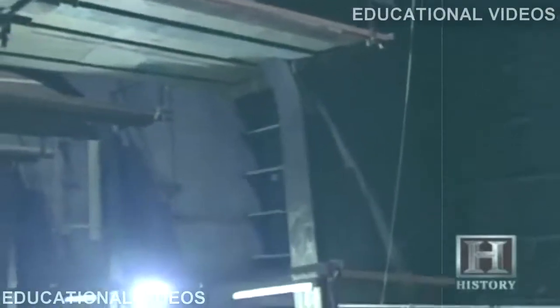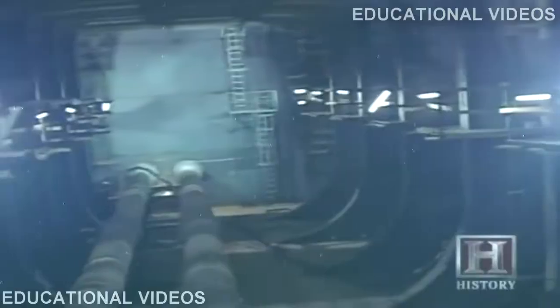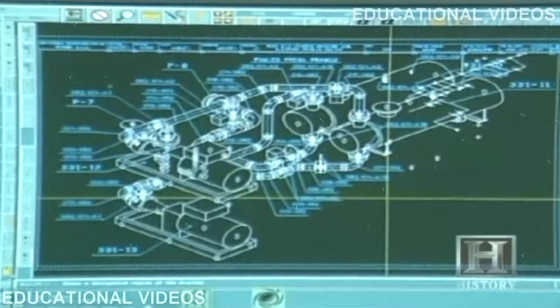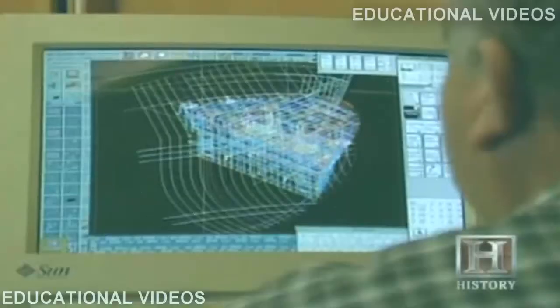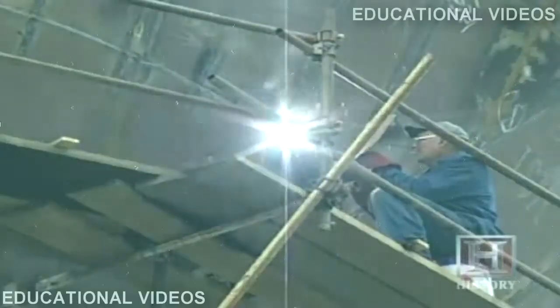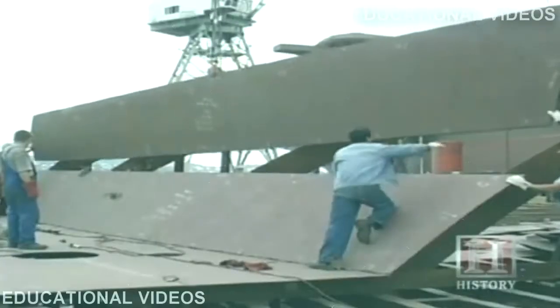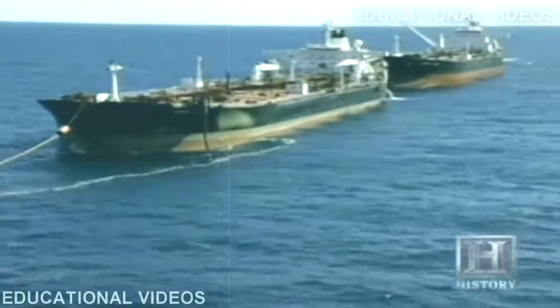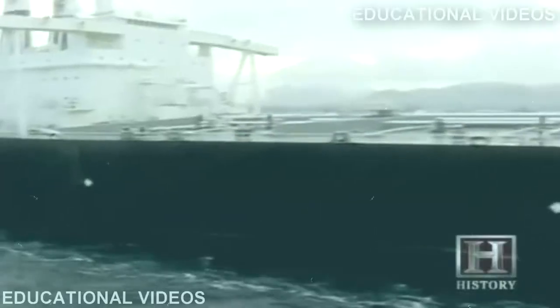However, BP isn't the only company that is undergoing a massive rebuilding of its tanker fleet. New legislation has brought about the highest level of tanker construction since post-World War II. The reason is the industry, ahead of the deadline, is beginning to build their double-hull tankers around the world. By 2010, which is still 5 years before the requirement for all double-hull, approximately 85% of the world's oil tanker